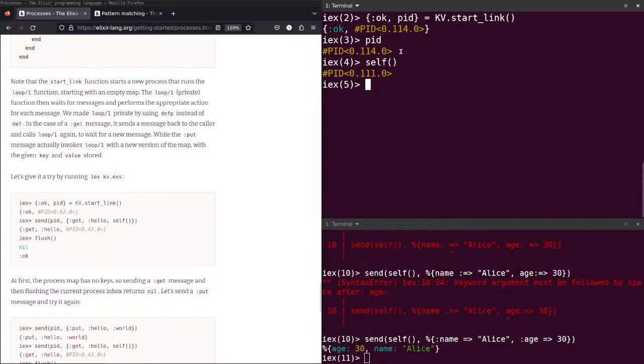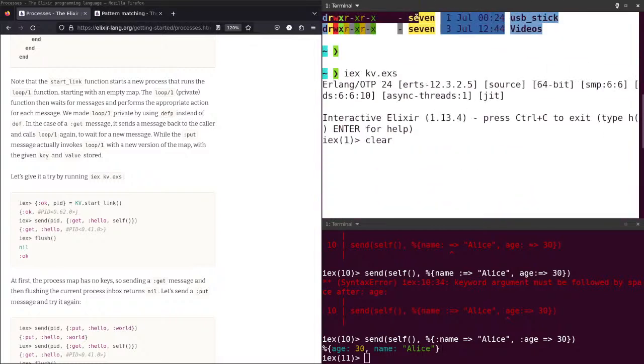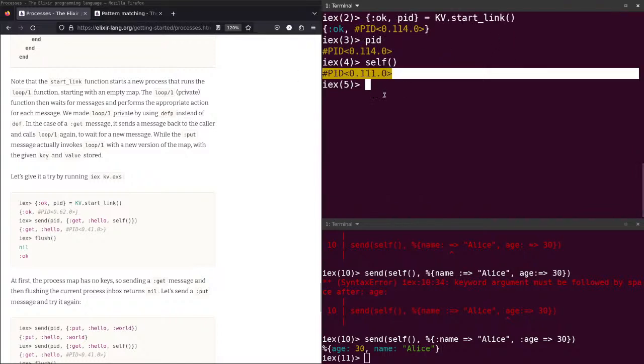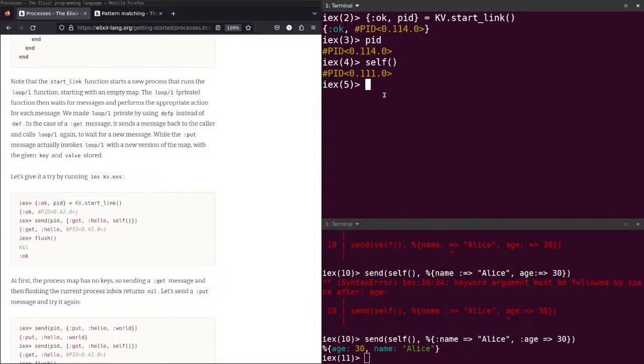I have two processes here. This is this process. Send a new message.